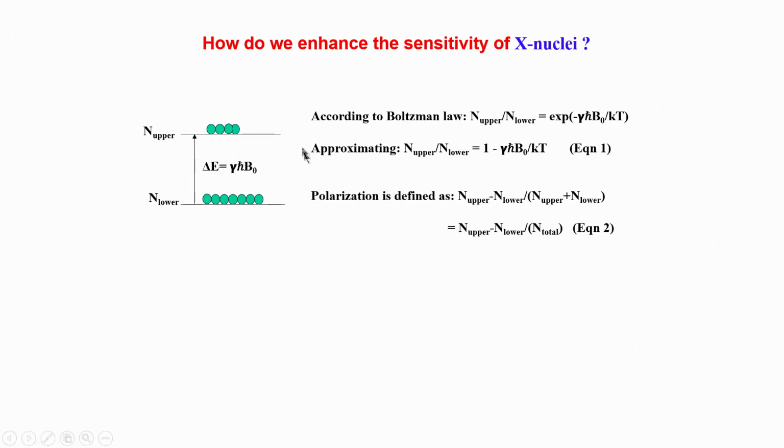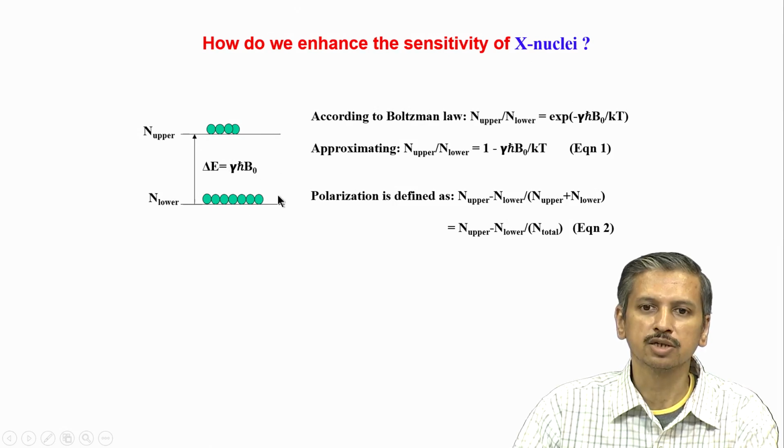So, first let us again come back to this picture of the Boltzmann distribution of spins. You can see, this is what we saw in the very beginning of the course, that when you apply a magnetic field, any NMR active nucleus, especially a spin half nucleus, gets split into two possible energy states, and the populations of the spins are not equal, they are distributed according to this famous Boltzmann law, and you can see the factors which contribute to this distribution are temperature, magnetic field and gamma, the other two are constants.